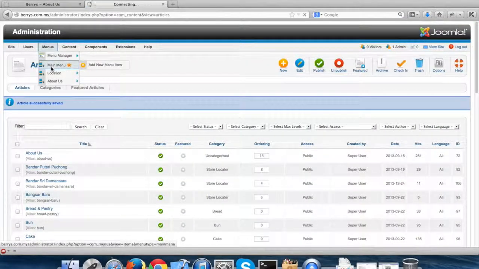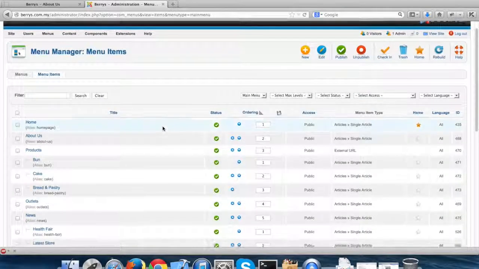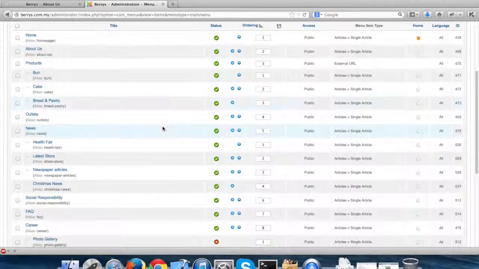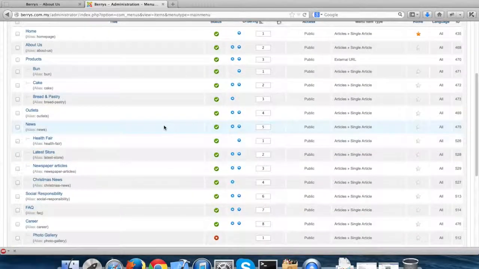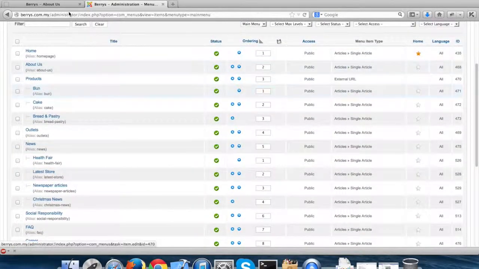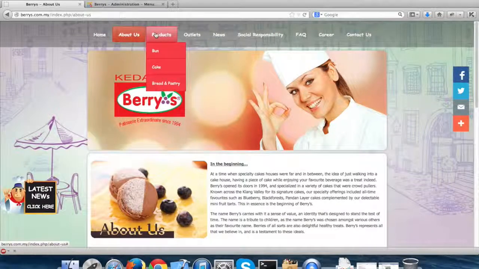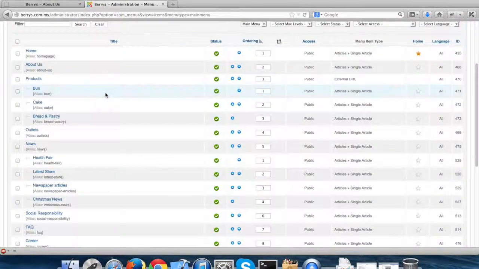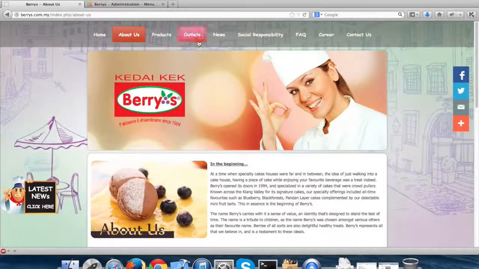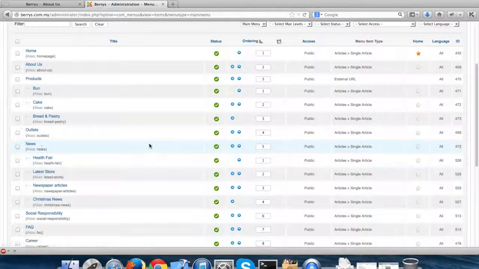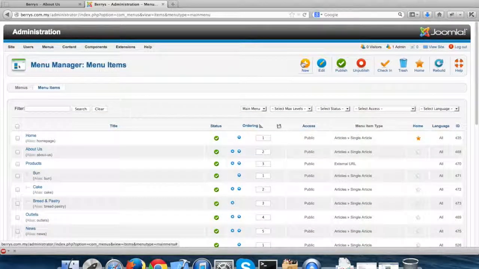Menus, main menu, and you can see all the menus we have in our main menu. Check home, about us, products, and products have three categories. Then news has four subcategories. So I'm going to create a new menu. Just click new.